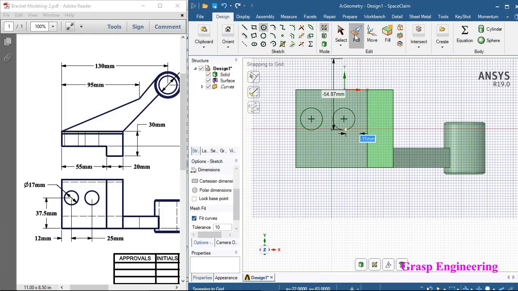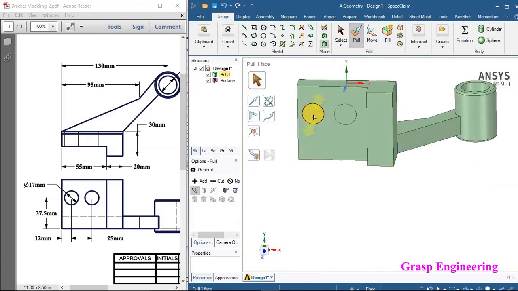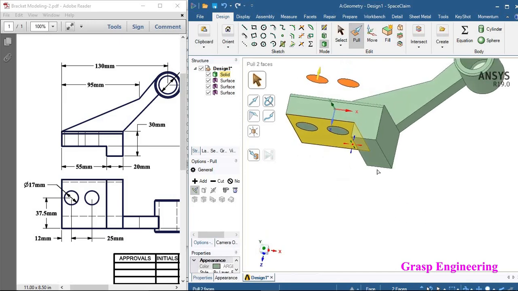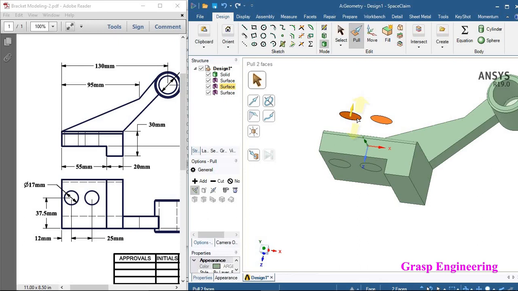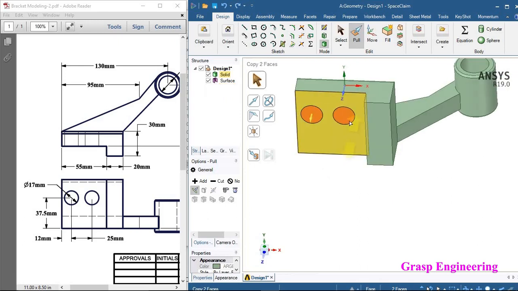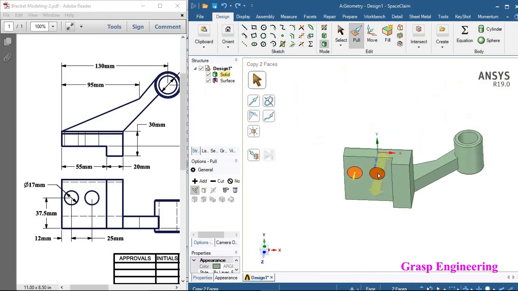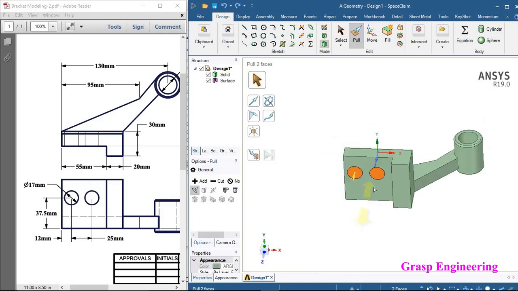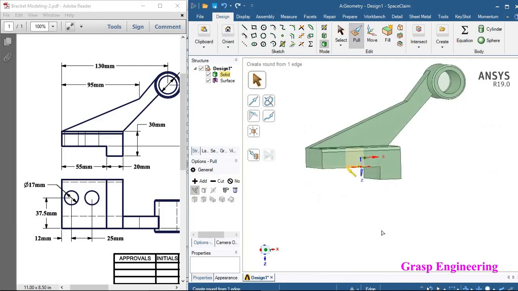Okay, now just go to pull and select these two faces quickly, and then you can see on the positive side it's creating a face. Control Z, you just need to, okay, now if you see, the positive side is material addition and the negative side is material subtraction.